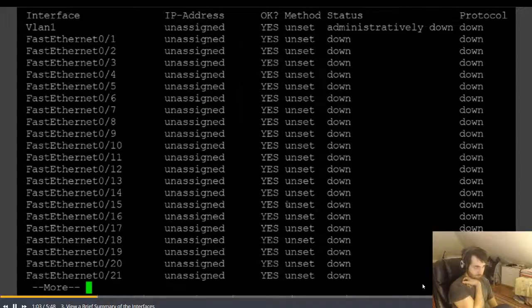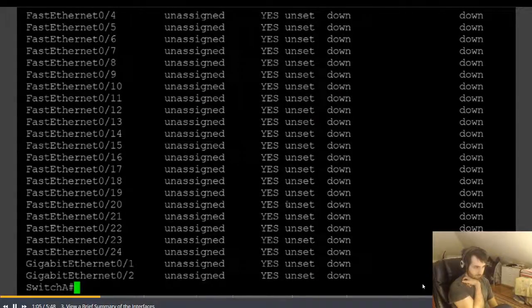By hitting the spacebar to get to the rest of the output, the same is true for all of them, including the gig interfaces on the bottom. Now that's simply because I don't have anything plugged into this switch currently. By default, all interfaces on Cisco Layer 2 switches attempt to be up by default. Meaning out of the box, if you power the device up and you plug workstation